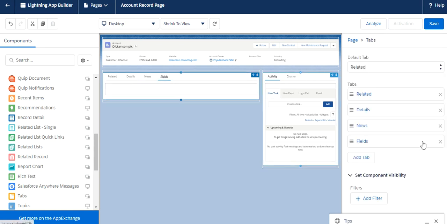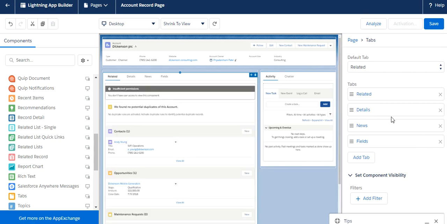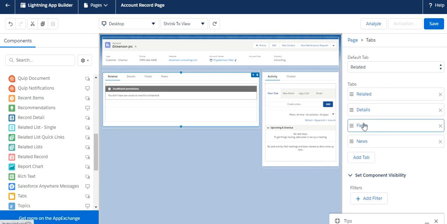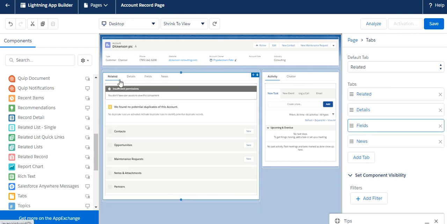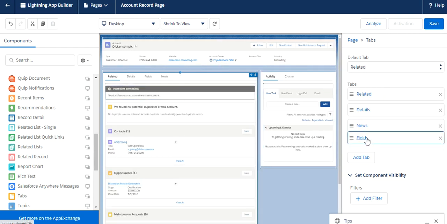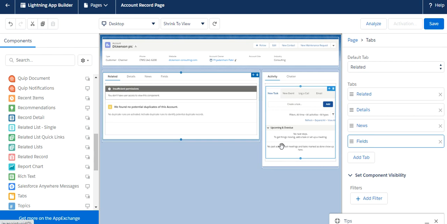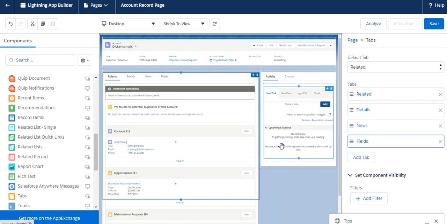Here you can see we can just click on the cross icon, and that field will be removed. This is the way we can do things, as well as change the orders. You can see the changes over here. This is how we can customize the existing record page.